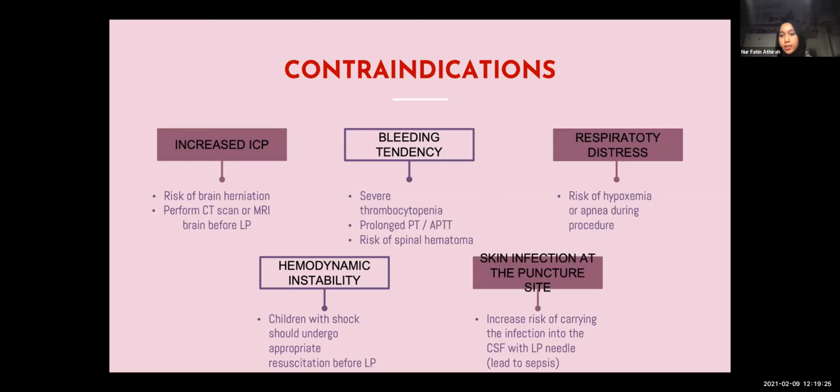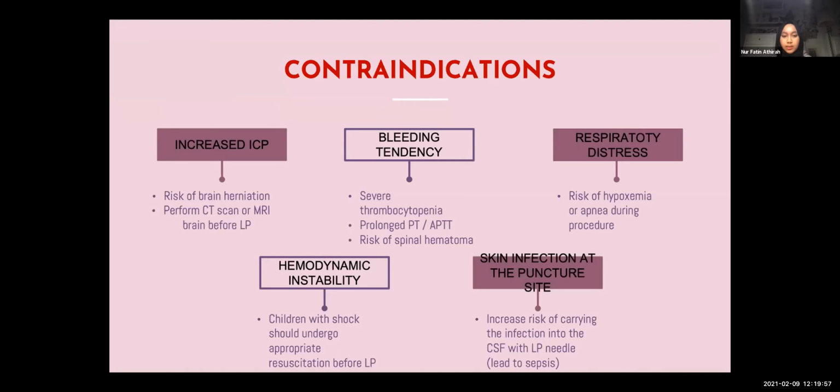And also children who have respiratory distress. Sorry for the noise. The children can get risk of hypoxemia or apnea during the procedure, as well as hemodynamic instability. So children with shock should undergo appropriate resuscitation first before doing the lumbar puncture. And the last one is skin infection, for example cellulitis at the puncture site, so it increases the risk of carrying the infection into the CSF with the lumbar puncture needle,